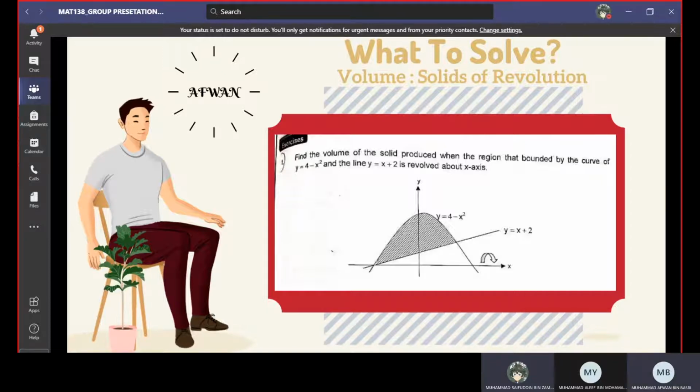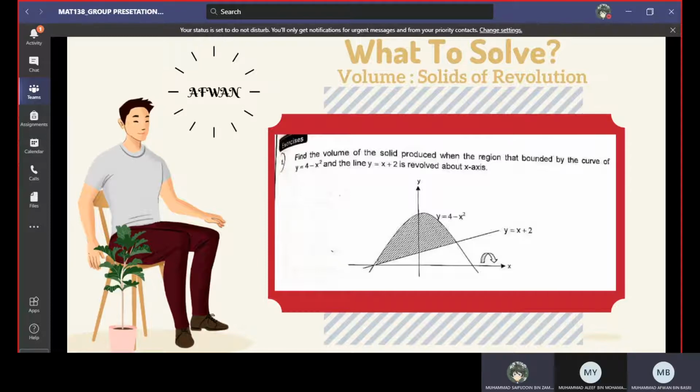My job is about the volume. So the volume has two methods: one is the disc method and two is the washer method. So I use the washer method. The question is: find the volume of the solid produced when the region bounded by the curve y equals 4 minus x to the power of 2 and the line y equals x plus 2 is revolved